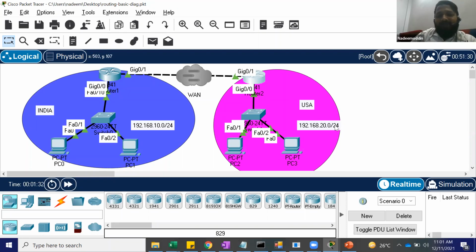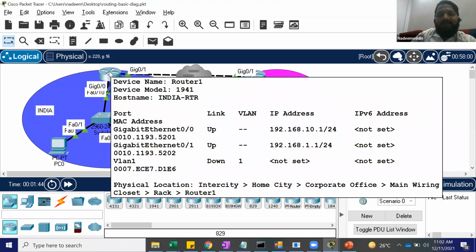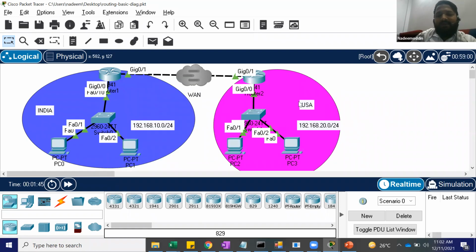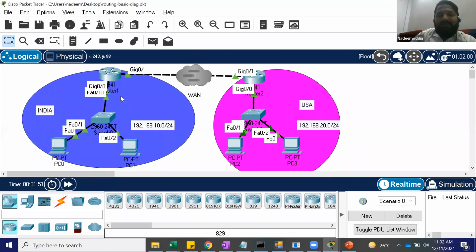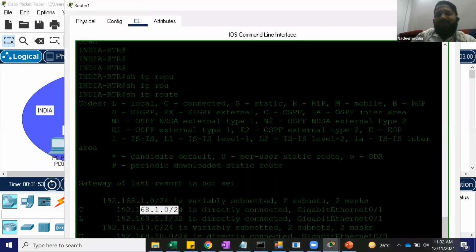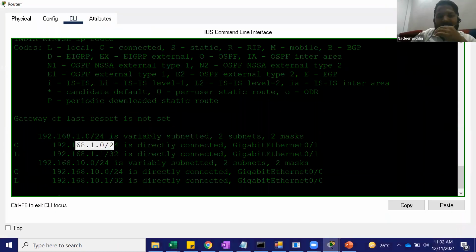So now when the India LAN wants to talk to the USA LAN, this machine to this machine, then what do they need? The request will go to the next hop, which is the router, and the router needs a route to the USA LAN. Similarly, the USA router needs a route to the India LAN. So there are two options. Either you can use the